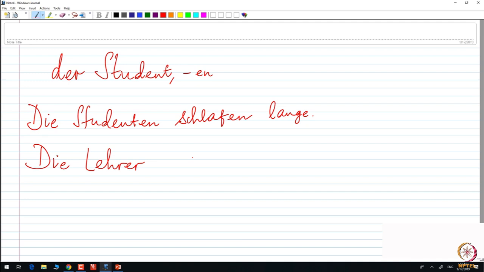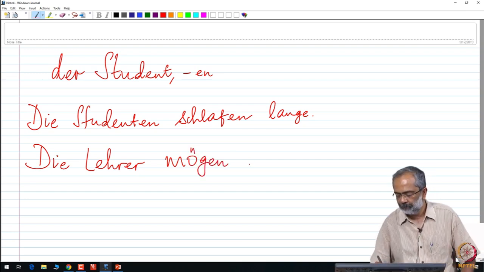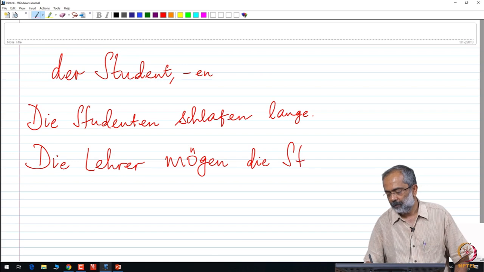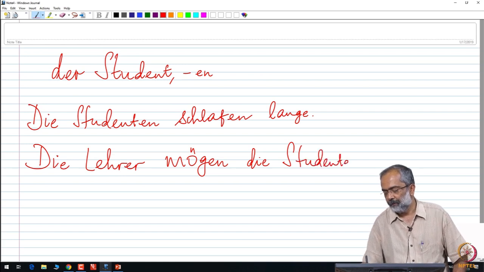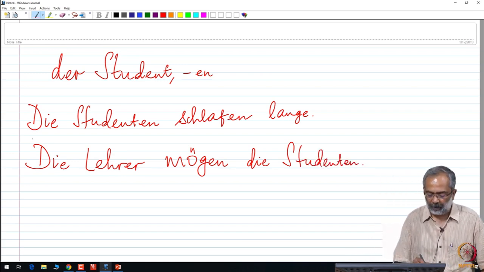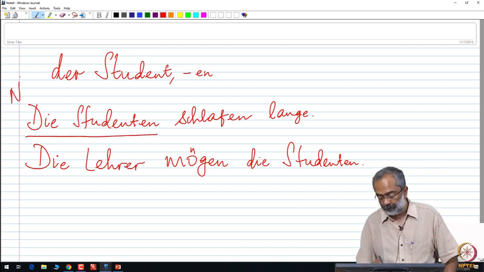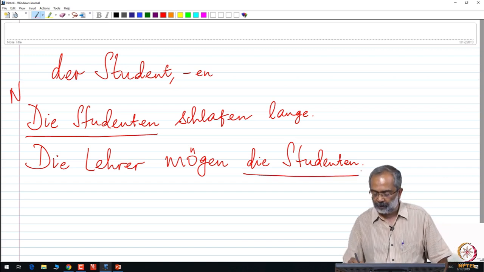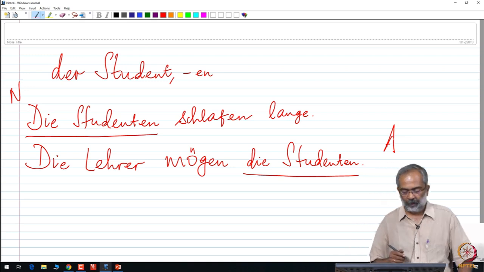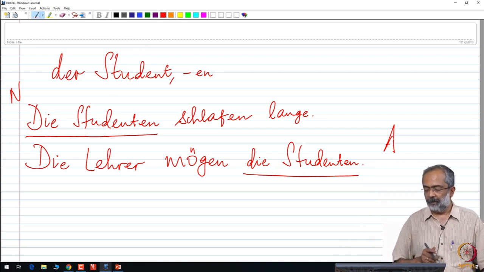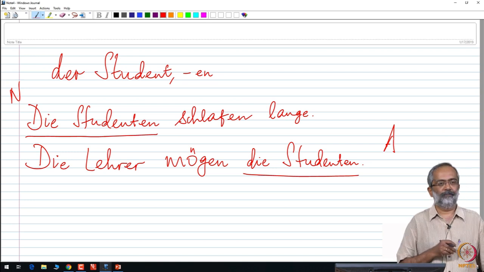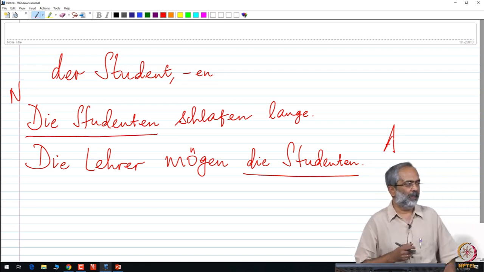Mögen, ja. Mögen die Studenten. Ja? Wir haben hier eine Pluralform, die Lehrer als Nominativ, dann die Pluralform, die Studenten als Akkusativ. Die Lehrer mögen die Studenten. Und jetzt, da die Lehrer die Studenten mögen, since the teachers like the students, let us make